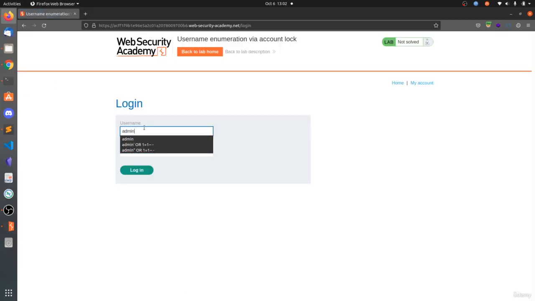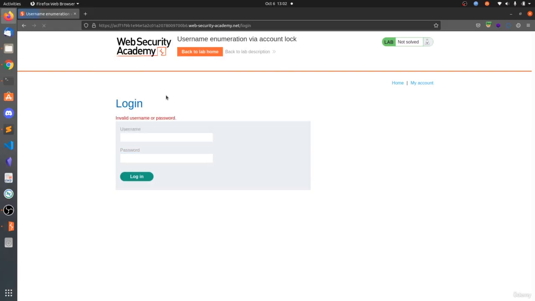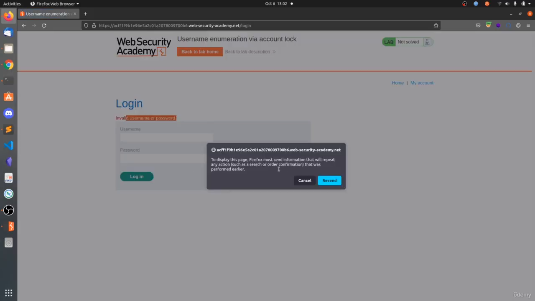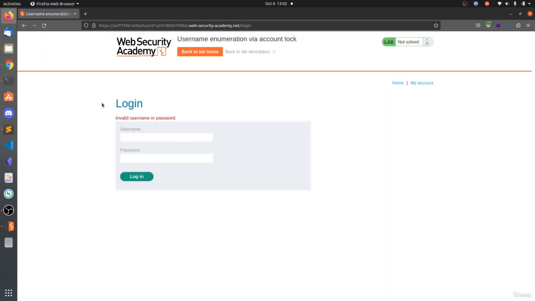So let's try admin and admin. Now it says invalid username or password. If you send the data again, we can see invalid username or password, and send this again, and you need to repeat until you get some error message stating that your account is locked. So what you need to do is